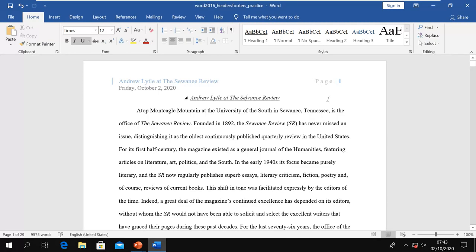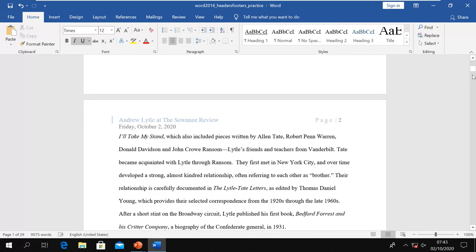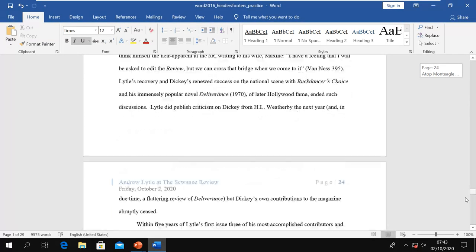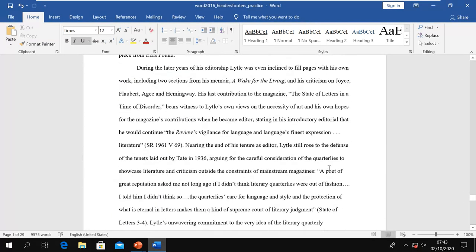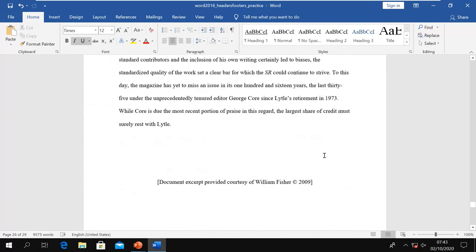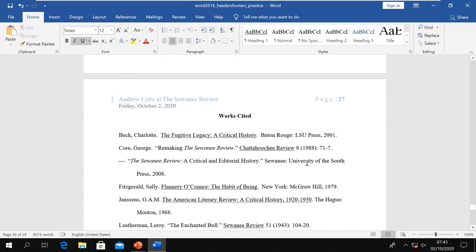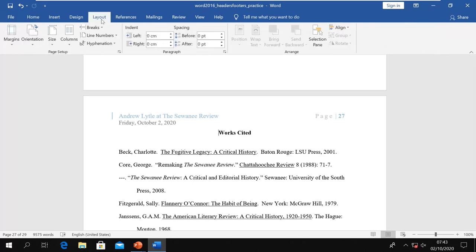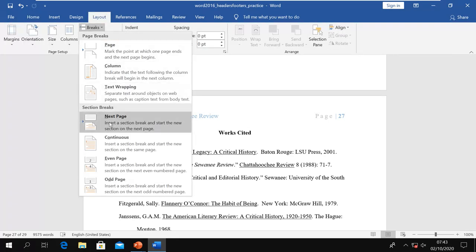Just like here, it is 1, 2, 3, 4, 5, 6, 7, up to 25, 26, and this is 27. Now I want to start from 1 here. So I put my insertion point at the beginning of the page, go to the Layout tab, Breaks, and choose Section Break, Next Page.